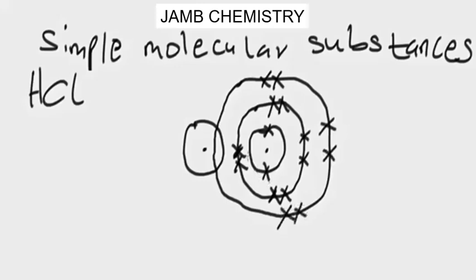So it will now share this pair of electron, one pair of electron with this hydrogen atom to attain stability. So you can decide to label this hydrogen atom. Alright, so this is for hydrogen chloride molecule. So that is basically how you can represent the dots and cross diagram of simple molecular substances for chemistry